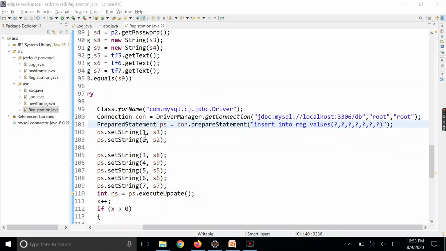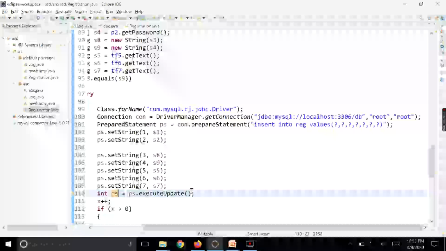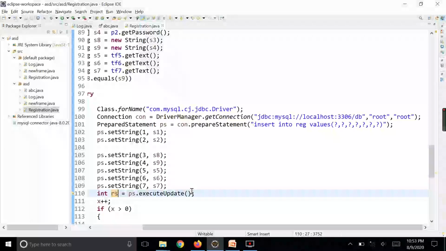And then after that it writes int rs = ps.executeUpdate(), which will check whether the query is executed or not. If executeUpdate returns 1, that means the query is executed, otherwise it is not executed. So we can do rs++.